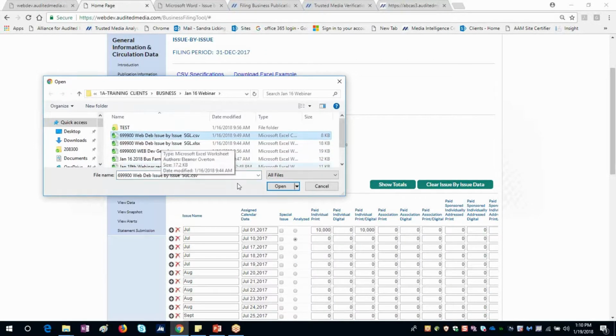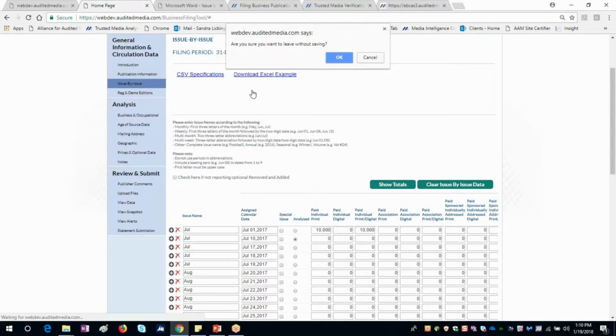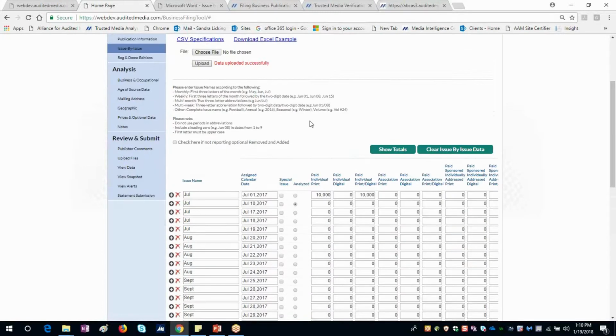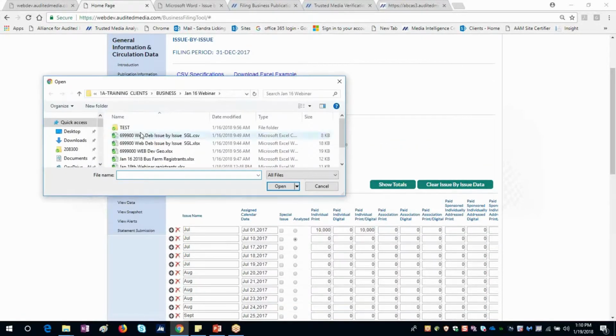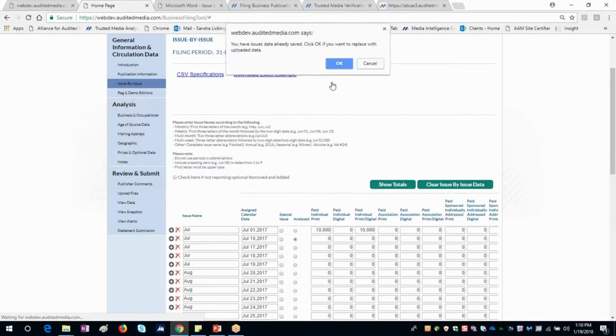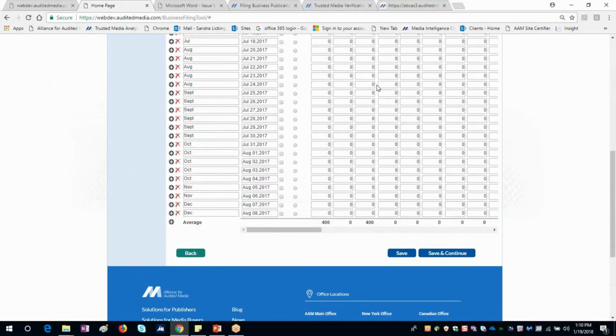So I'm going to click on my CSV file, click Open, click Upload, cancel, and it should upload successfully. Hold on. Let me redo that again. One more time. Let's give it a go. Upload. And it should work. Hold on.